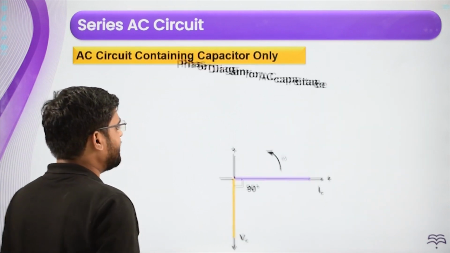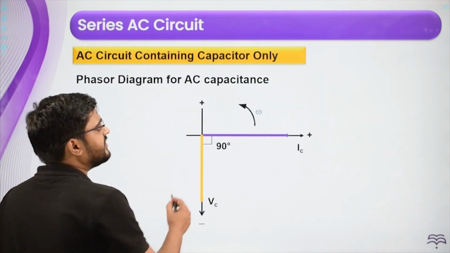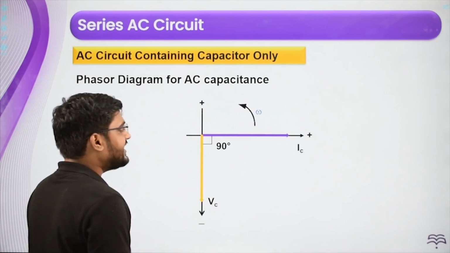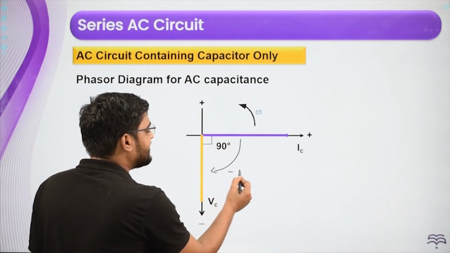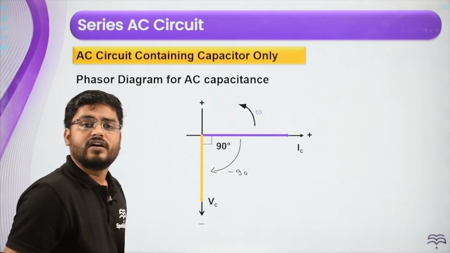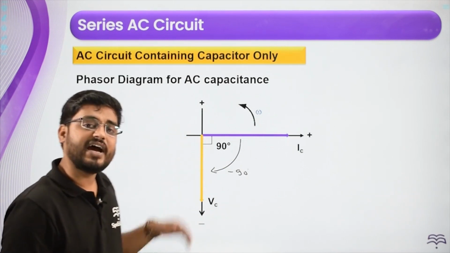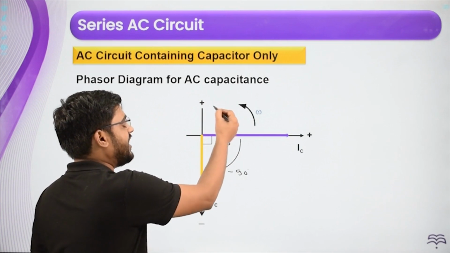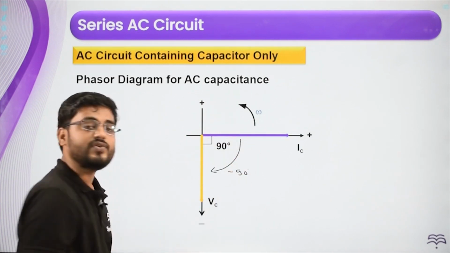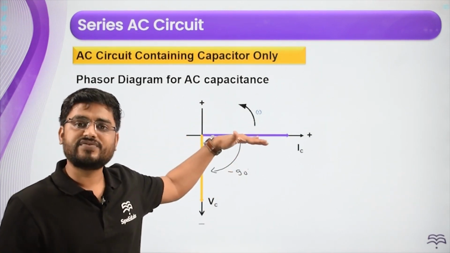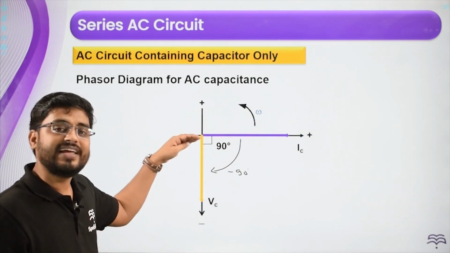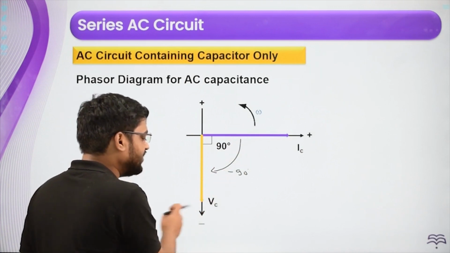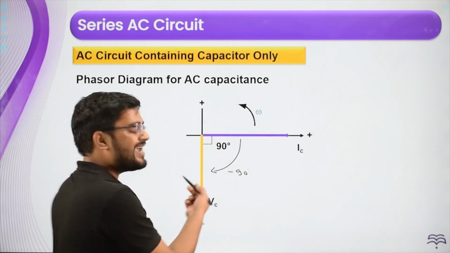When you see the phasor diagram, the current is always drawn here, and here my Vc will be drawn at an angle of minus 90 degrees. We know that current leads, current has to be ahead. So this is basically leading and this is lagging. So current is always here because we are talking about a series circuit. And what about voltage? Voltage has to be lagging. So that's why voltage will be drawn at an angle of minus 90 degrees.